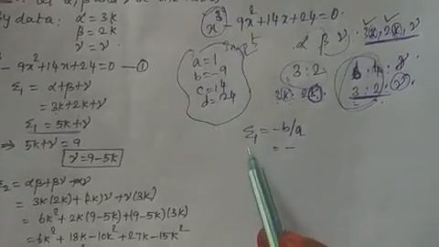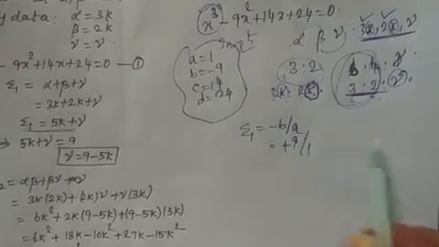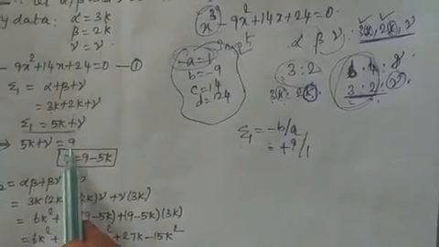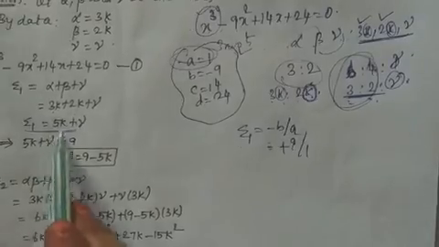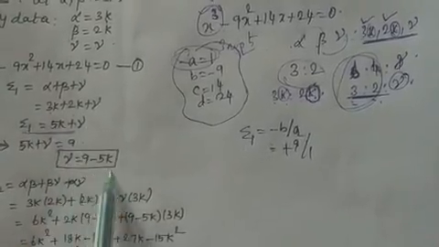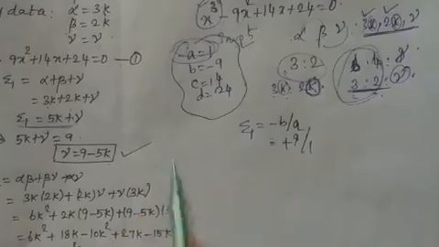Okay, good. We know sigma 1 is minus B by A. Already the negative sign is there, so 9 by 1. Here A is 1, so we need not worry about that. So directly I have written 9. So from this I am going to find out gamma. Minus 5k, it becomes minus 5k when it goes to the right hand side. So I have written gamma to be equal to 9 minus 5k. Okay, let it be as it is.